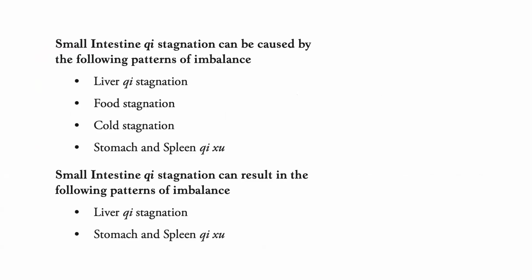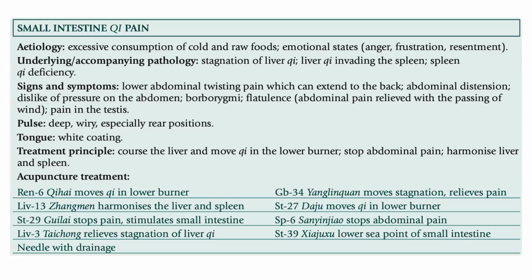The small intestine qi stagnation can be caused by the following patterns of imbalance: liver qi stagnation, food stagnation, cold stagnation, stomach and spleen qi deficiency. The small intestine qi stagnation can result in the following patterns of imbalance: liver qi stagnation, stomach and spleen qi